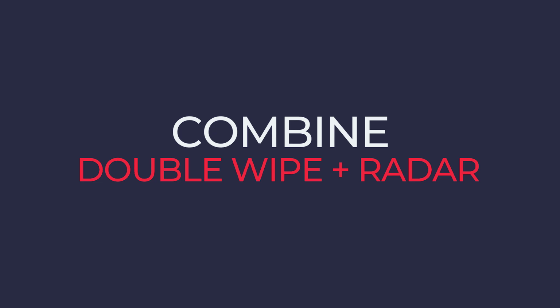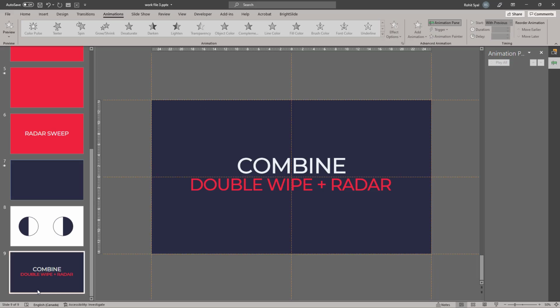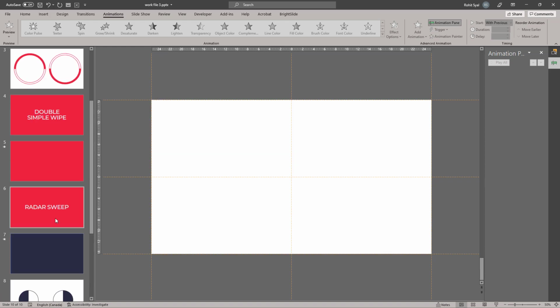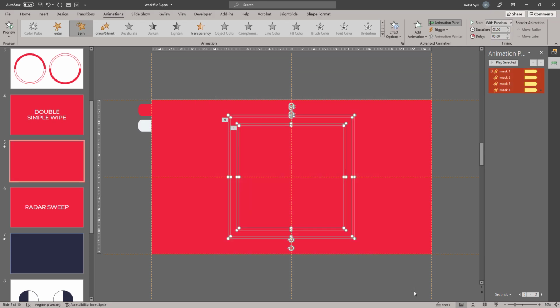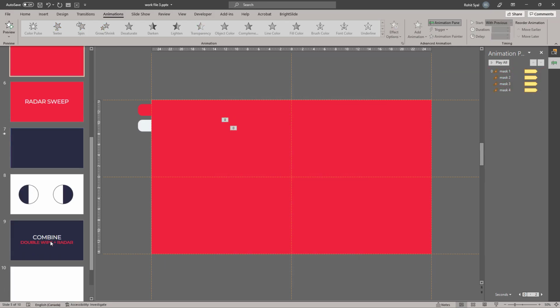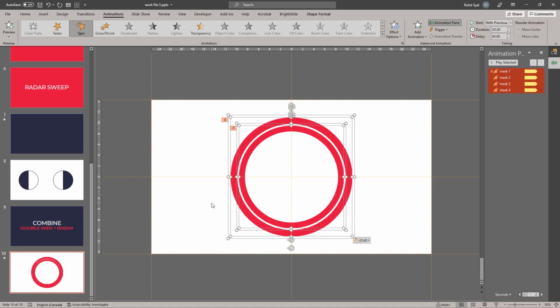Having created the radar sweep, let's try and combine that animation with the animations we've done previously. So let's go to a new slide. First of all, let's copy over what we created for the double wipe. Let's copy that and paste it over here.